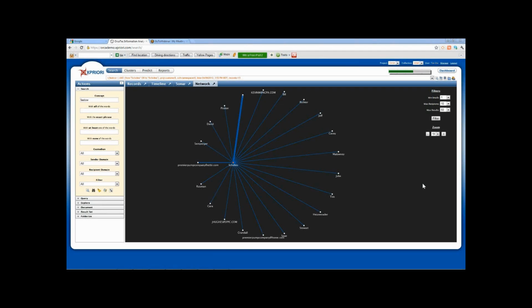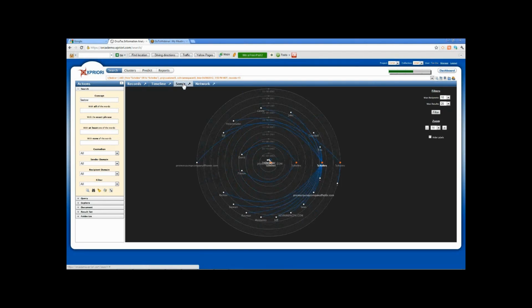Now, this is not the only way that we can look at information. We can actually look at these emails over time, and I want to focus in here on what we call sonar. If you take a look at each one of these rings, they represent a particular date. They start off here at November 14th and grow and grow and go into later. So later is here at 1:15:02. And you can see that Schultes is represented here and shows the emails that Schultes had sent on a particular date